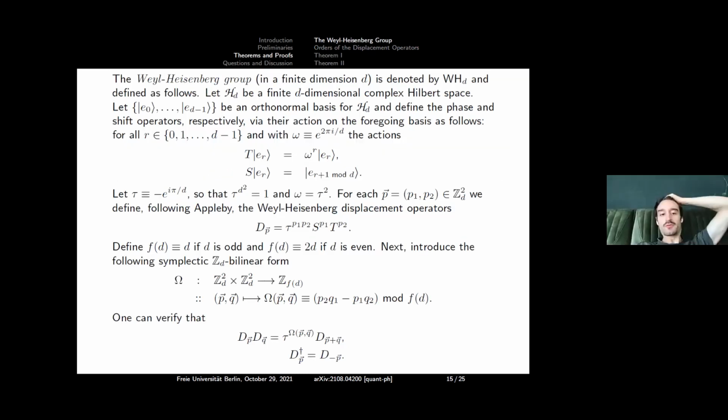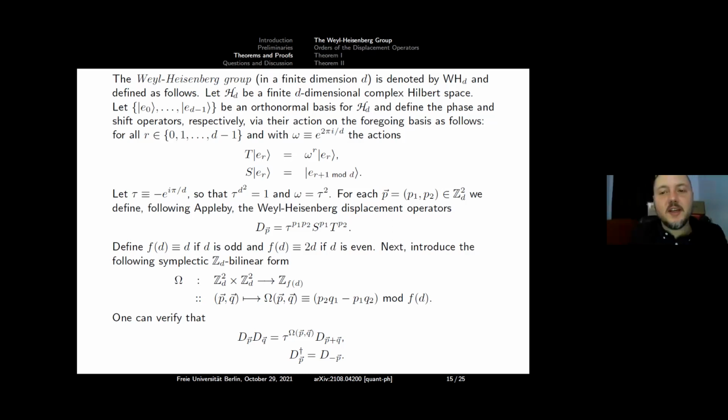Now, one small question again, if I may. Yeah. So these D's, as you said, form a representation of Z_D squared. No, I said that. I said that. Projective. Yeah. So that was basically where my question is going. So is it known, with this phase factor in front, to which equivalence class of projective representation it corresponds? Is that important, because there should be d of them, right?